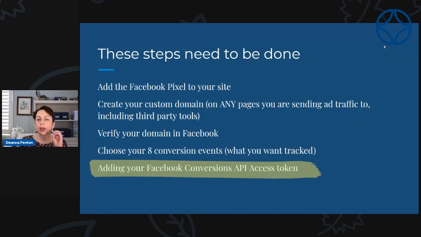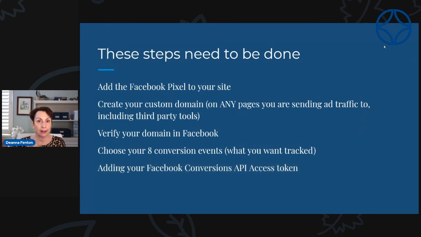The Facebook Conversions API is, again, a little piece of code that you can add to your website. And what that does is it doesn't rely on the Pixel sending data to Facebook. Because remember, Apple's basically got the barn door shut on that if somebody has opted out. With the Conversions API, the data is sent from the server. So Kajabi servers, for example, can send information to Facebook and ideally bypass that blockade.